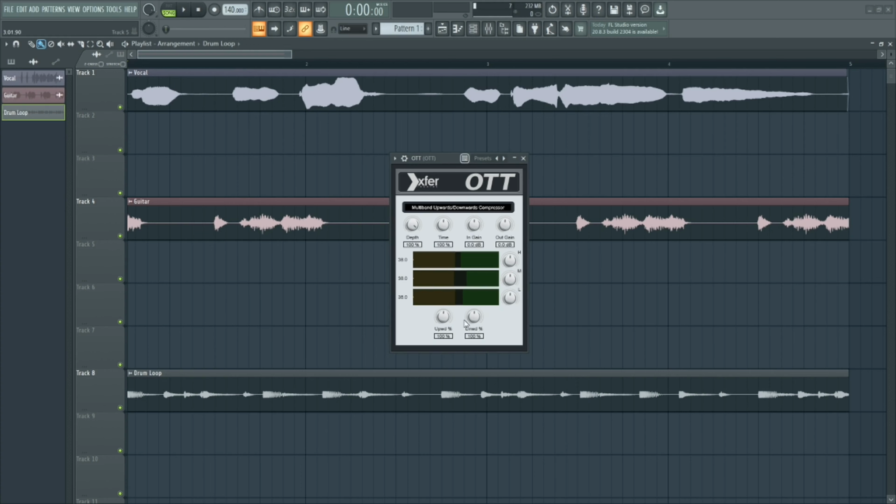Now what exactly OTT does to a sound is it performs compression at its maximum level on the sound, like it completely crushes the sound. So all those suppressed frequencies present inside the sound just pop out after you use OTT on them. So it's really good to just beef up your sounds and make them brighter,